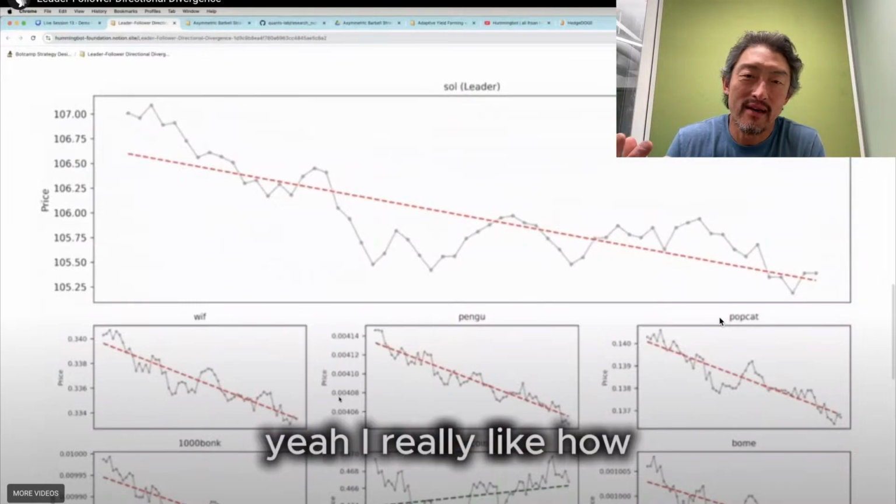And the overall idea is that if the price of Solana is the leading indicator, and if the meme coins are following Solana, then there might be some information exploit by tracking how the leading coin diverges from the followers.